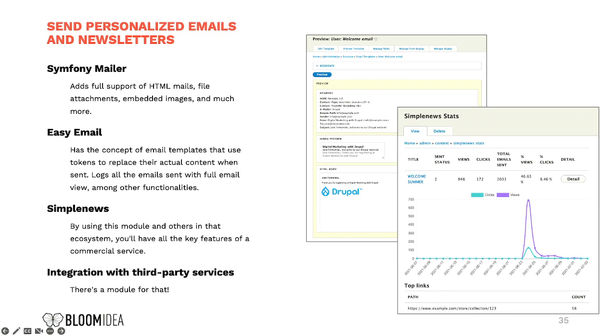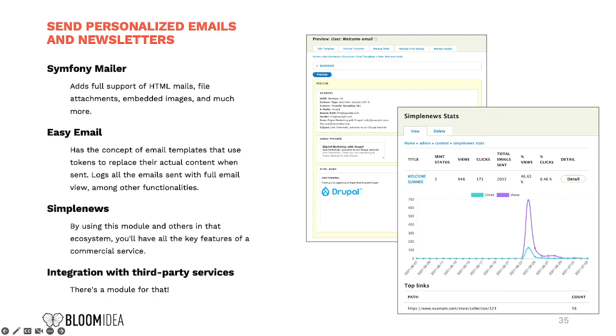Then you just put tokens, like hello, token for the name of the user, your order, token for the number of the order, and you can draw your HTML exactly with CKEditor, and the customer gets the email personalized to them. Another interesting thing is that it logs all emails sent. So if a customer says, I didn't get this email, you can go to the logs and check if the email was sent or not.